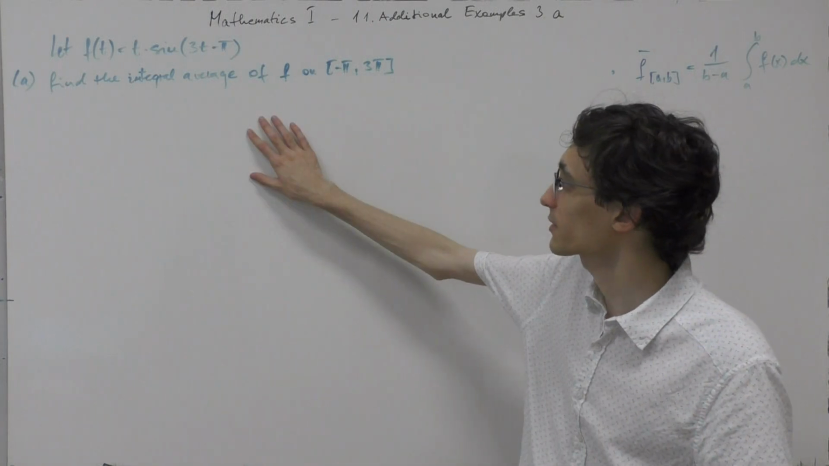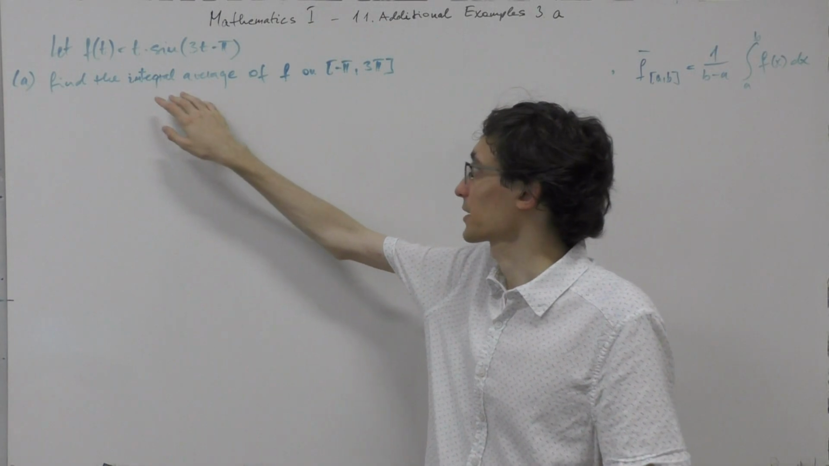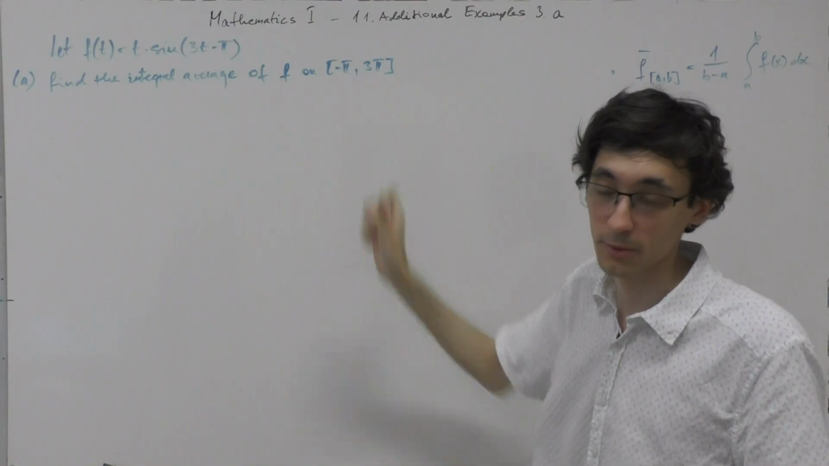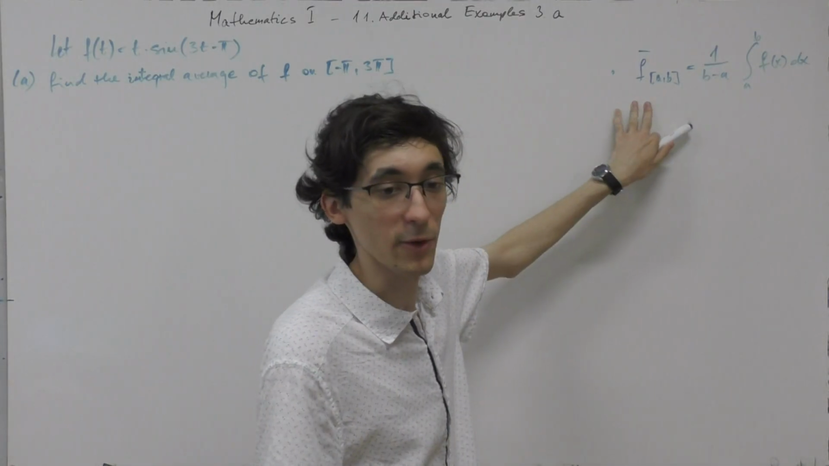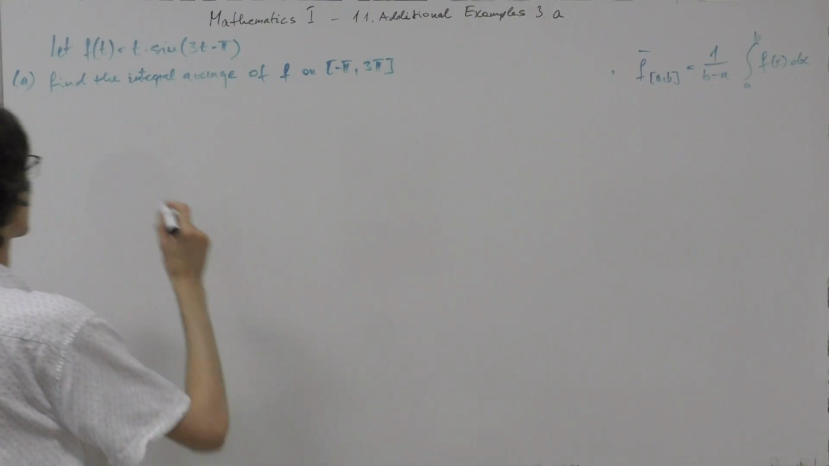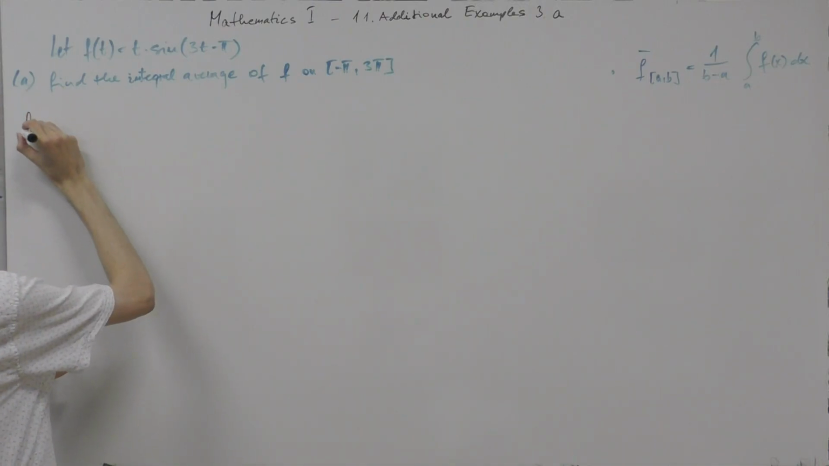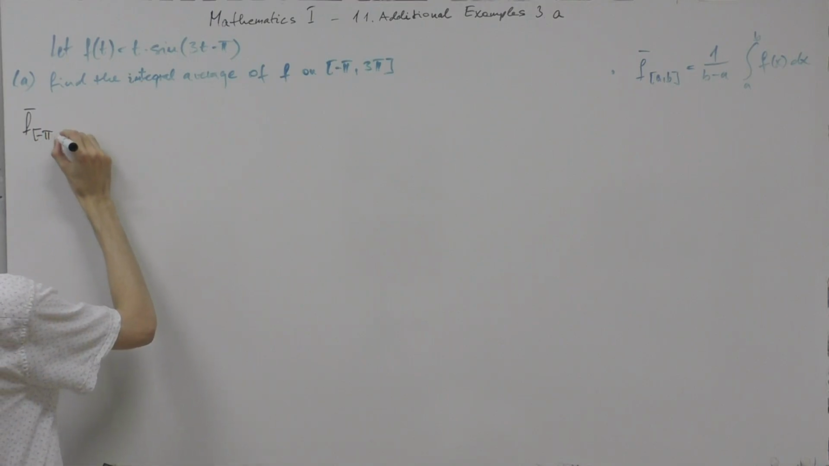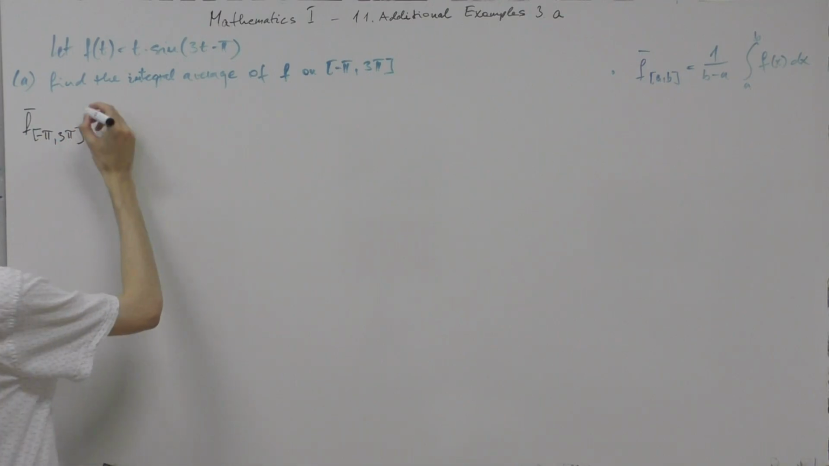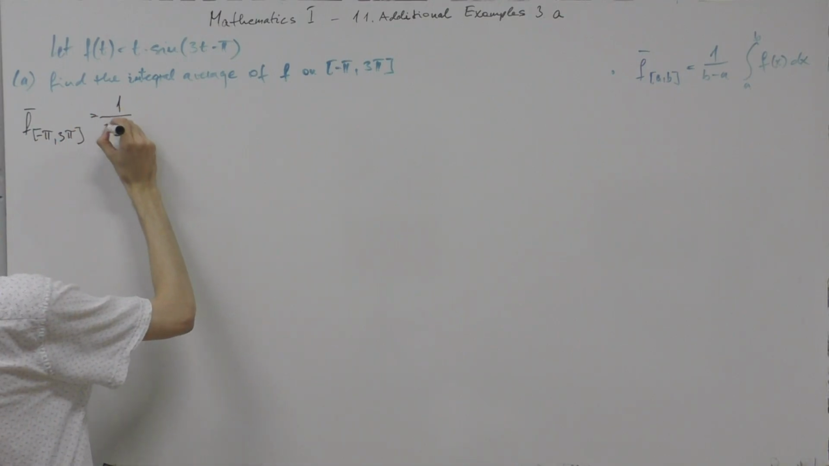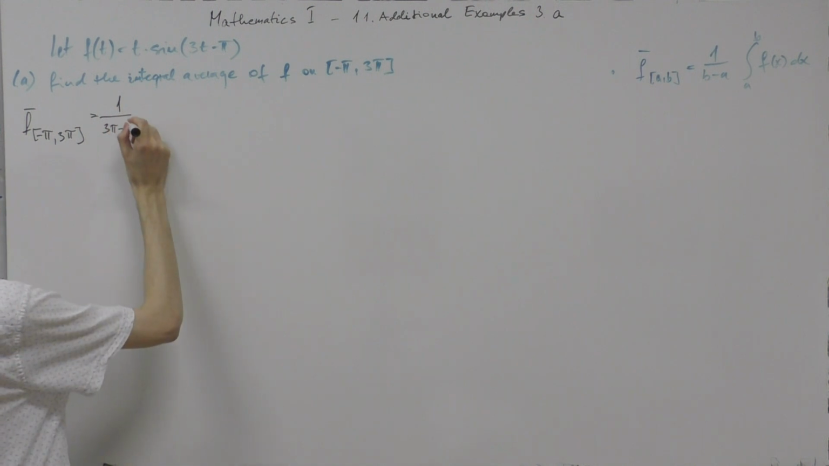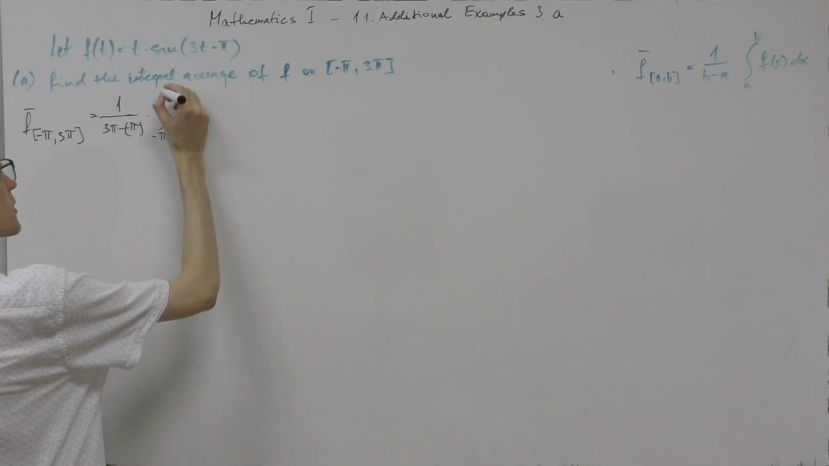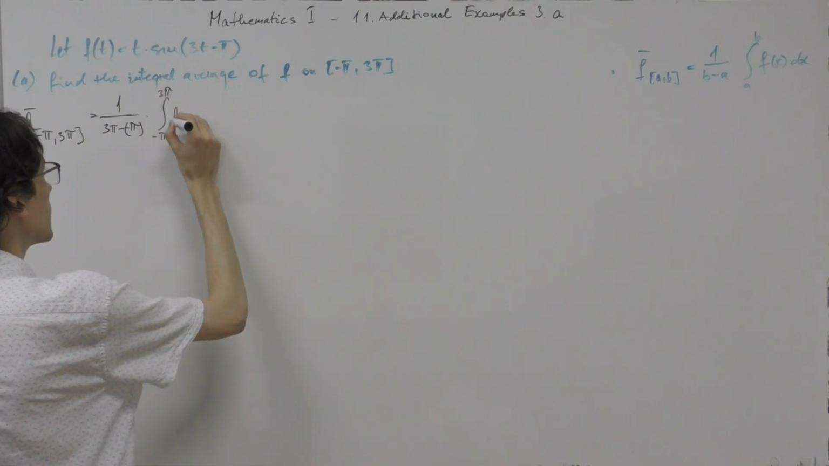So in this next exercise we will have to find the integral average of this function over our interval from negative pi to 3 pi. And luckily we have our formula here, so we only need to use it. So we know that the average of the function f on the interval from negative pi to 3 pi is going to be 1 over 3 pi minus negative pi times the integral from negative pi to 3 pi f